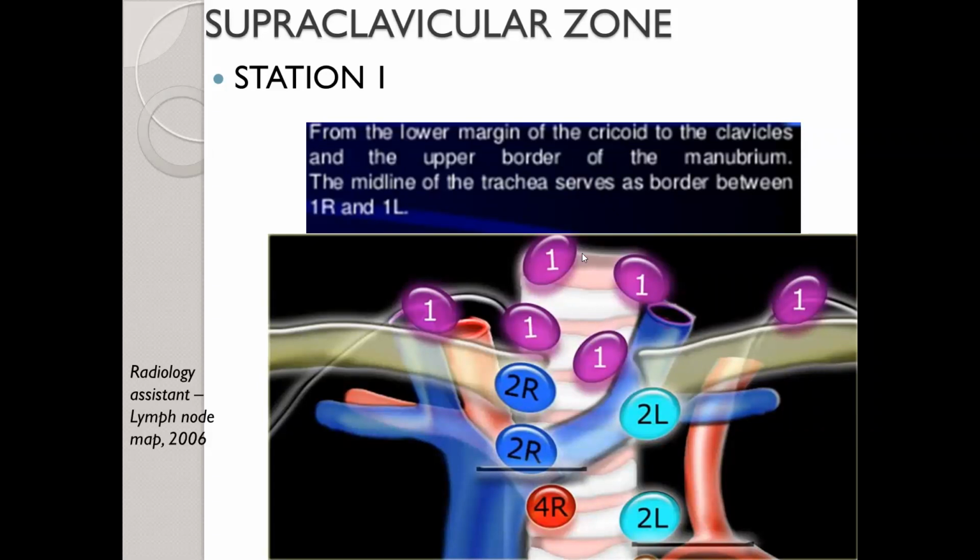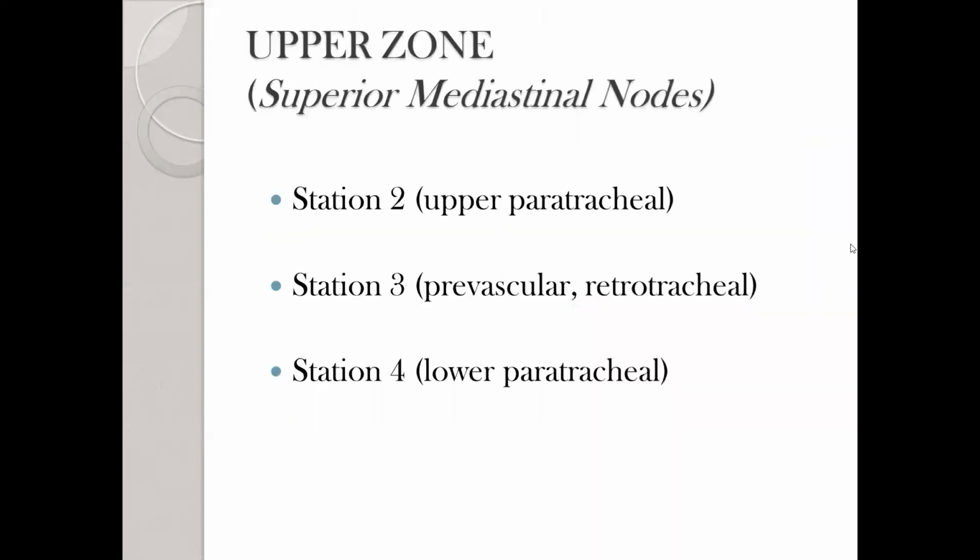If we have an imaginary line passing through the center of the midline of the trachea, that serves as a border to differentiate between nodes on the right side and the left side. On the right, they are therefore named 1R, and on the left of the midline line cutting the trachea, it is 1L. The second zone is the upper zone, and the upper zone